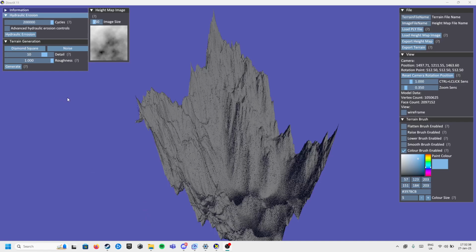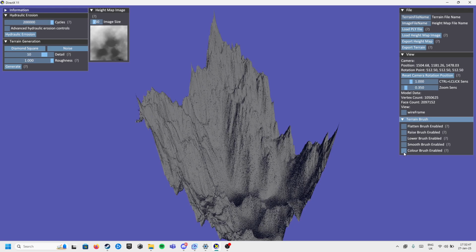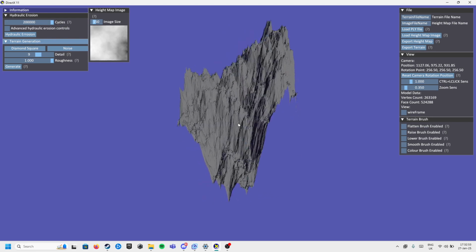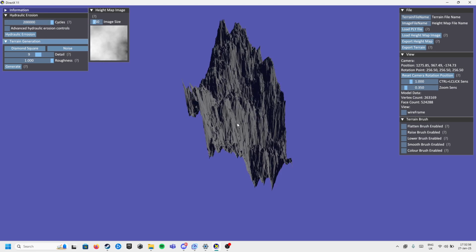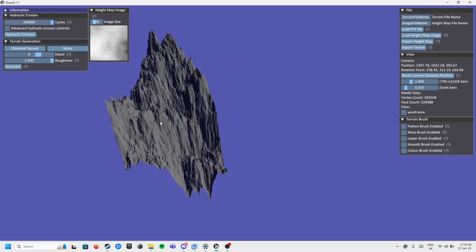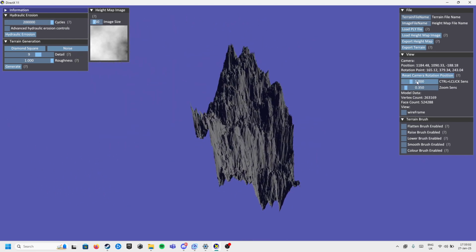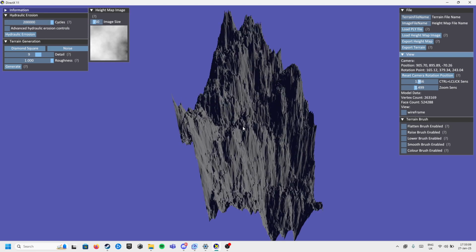This is the tutorial for the terrain generation tool. So we'll start off with the basic controls. First of all, right click will let you rotate around the center point. Control and left click will let you move the center point. You can control the sensitivity of both of these in the view on the right. You can zoom with the mouse wheel,